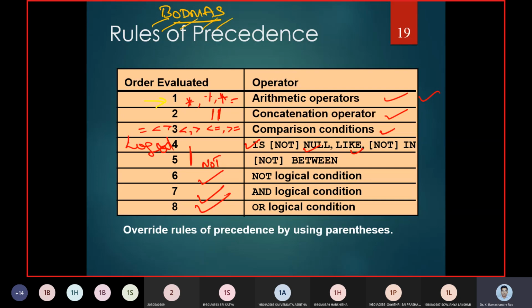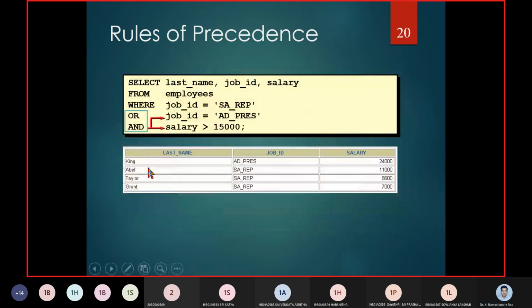So when working with order of evaluation, remember arithmetic operations go first, followed by concatenation, followed by comparison, IS and LIKE, and followed by AND, OR and NOT.